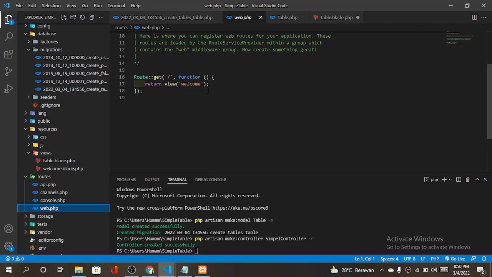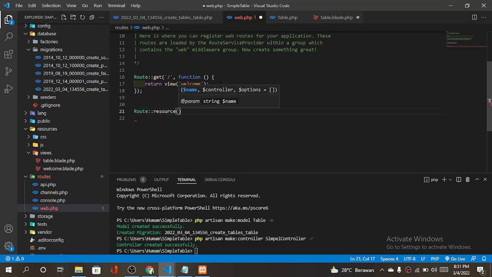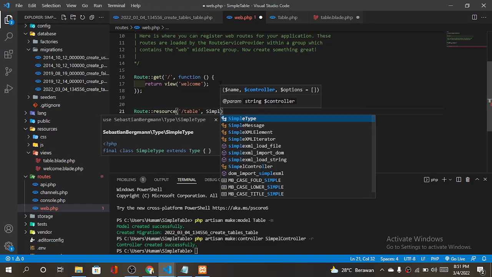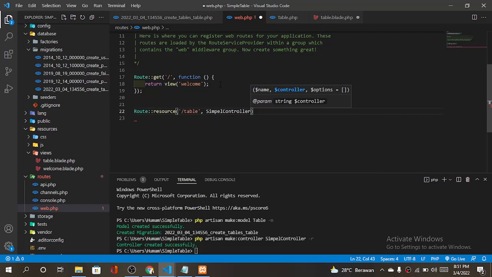After that we type Route::resource, this and table, and we type our controller that we have made, SimpleController class. Okay,